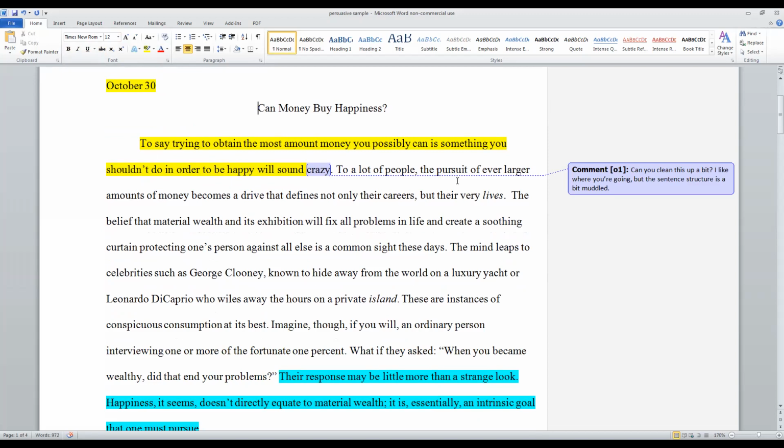Trying to obtain the most amount of money that you possibly can is something you shouldn't do in order to be happy will sound crazy. And right there, I messed that up. And I put a comment here on the site, can you clean this up a bit? I like where you're going, but the sentence structure is muddled. So I might revise this initial sentence. It should probably say something like,